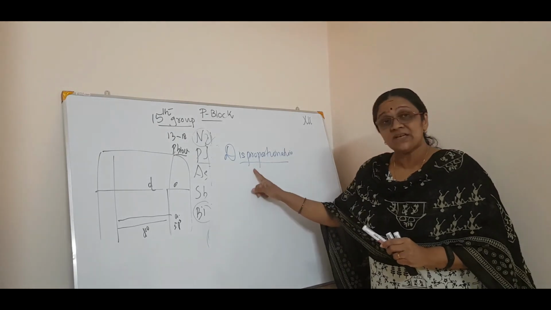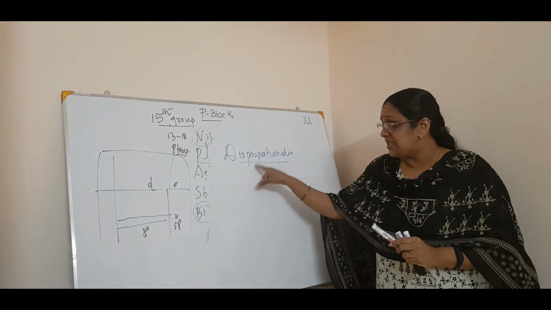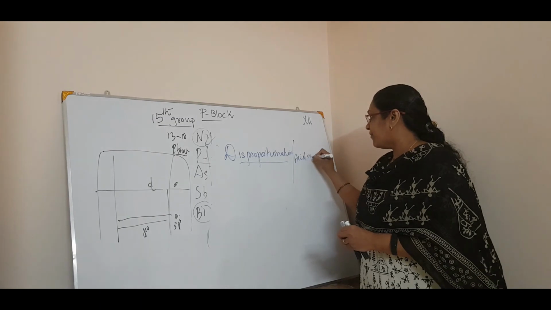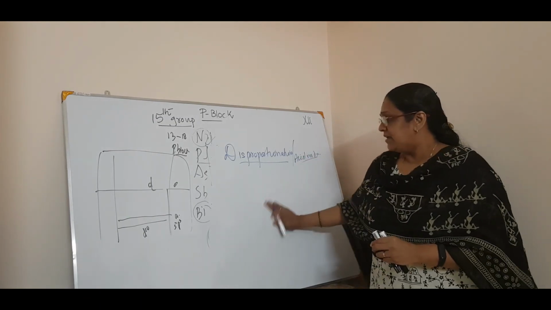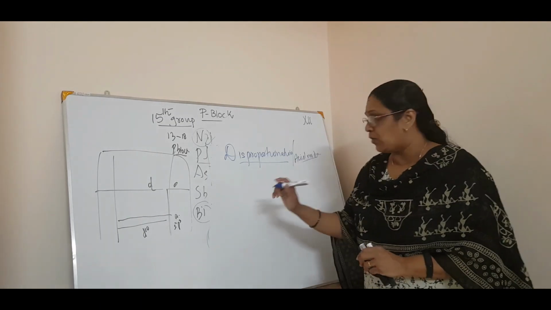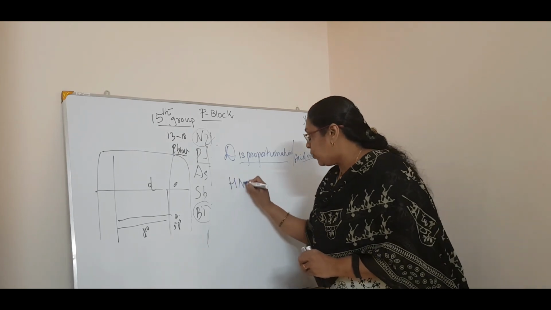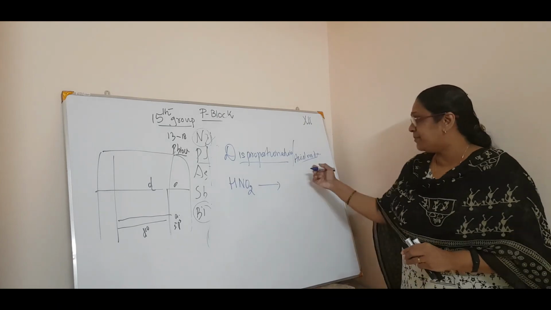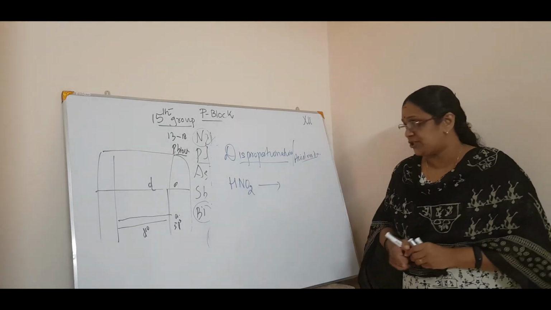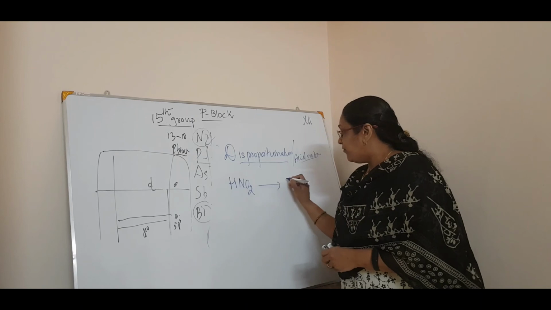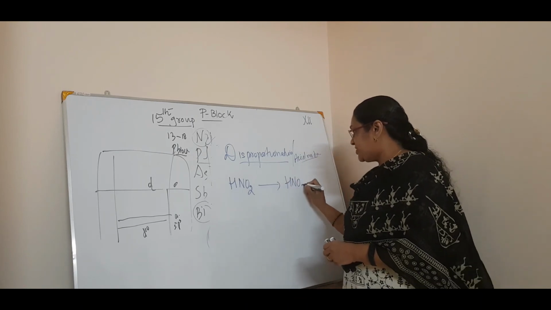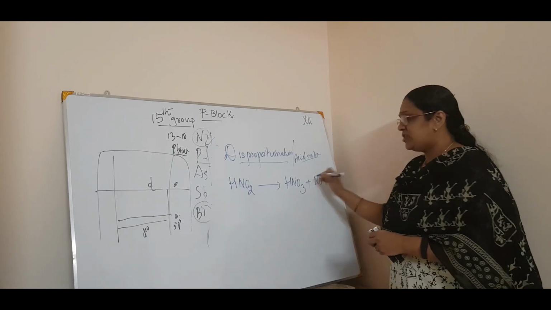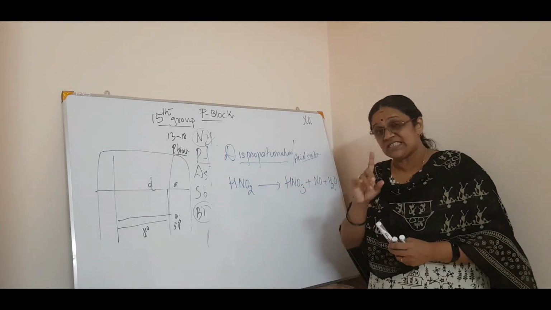So our oxides of nitrogen undergo disproportionation reaction in acid medium. Okay, acid medium. By an example you will make out. For example, HNO2. What is this? Nitrous acid. It is an acidic medium, nitrous acid. So this HNO2 will undergo disproportionation. That means it forms HNO3 plus NO plus water. You just balance it.